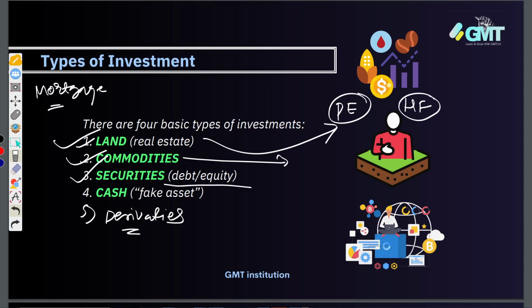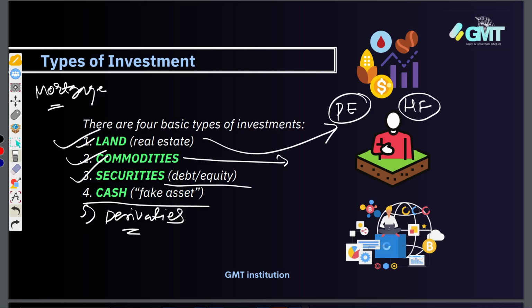And then the cash segment, where we call it a fake asset. See, it's a definition, but it's not a fake asset. It's an approach where some experts will call it a fake asset, and some people will call it a real asset. So that depends. Because equity, bonds, commodities, debentures, we call real assets. But eventually, if you want to buy real assets, then you need cash, right? Then how can you say cash is a fake asset?